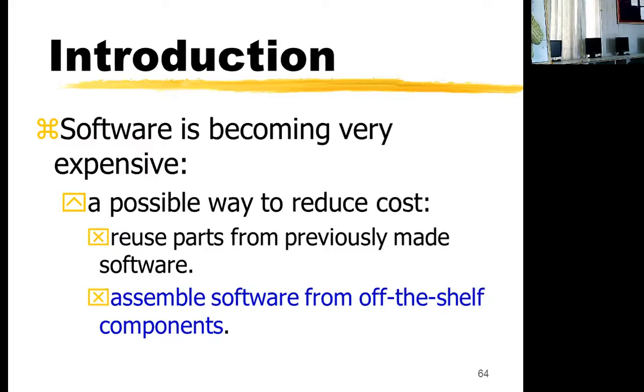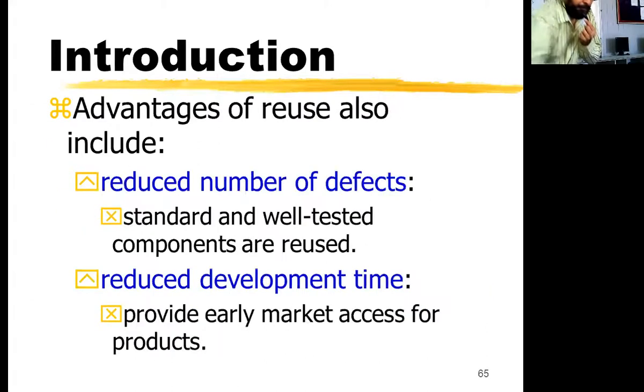Another thing is, I will be doing the next topic in the next lecture also, component based software engineering. In component based development, components are made separately and we just assemble those components, making reuse of those components. So reuse is one of the important aspects by which you can reduce the cost of your software. Its advantages are that it reduces the number of defects, because if that particular module is already tested in the present product, then the same module is reused.